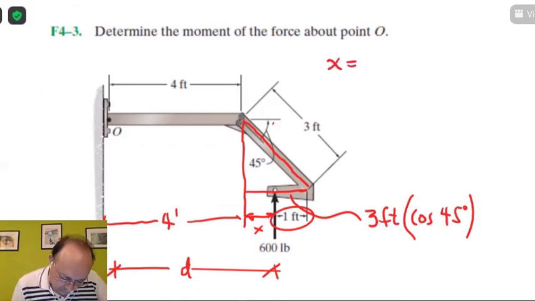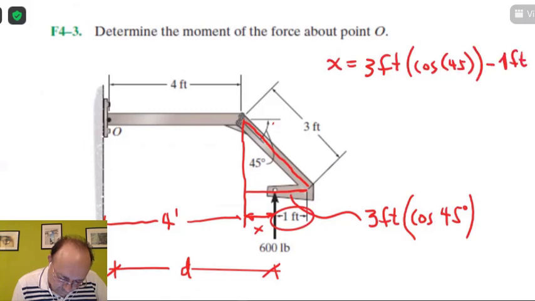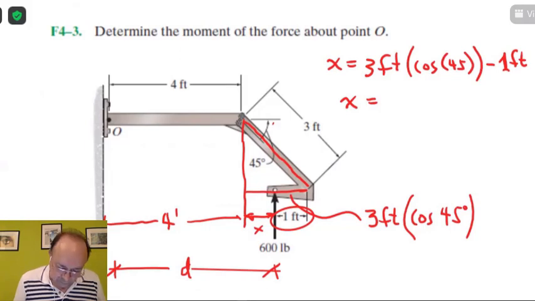X will be equal to 3 feet cosine 45 minus 1 foot. Right? So x will be equal to 3 cosine 45 minus